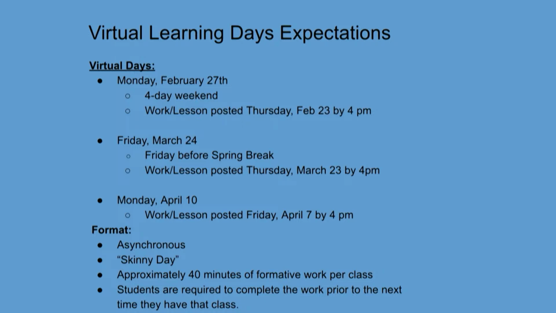If we look at the 3 days that we've designated as async days, Monday, February 27th is our first one, and that's coming up in about a week and a half. So that's actually part of a 4-day weekend. We have Friday the 24th is a non-contract day. And so the work and lessons will be posted on Canvas on Thursday, February 23rd by 4 p.m. That gives students Friday, Saturday, Sunday, and Monday to complete that async work and be ready for Tuesday and Wednesday, their classes, to have that work finished. So again, it's not due on Monday, February 27th. It's due the next time that they have class, and it'll be posted in advance so that they have the